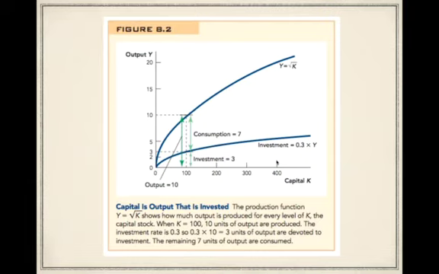Why is it the same shape? Well, assuming a constant investment rate, then if you think about it, it needs to have the same shape, but it's going to be lower down. So in this picture here, we have an investment rate arbitrarily chosen by the book of 30%. In that case, it's going to be the same shape because it is 30% of the larger line. And so that's going to have the same shape.